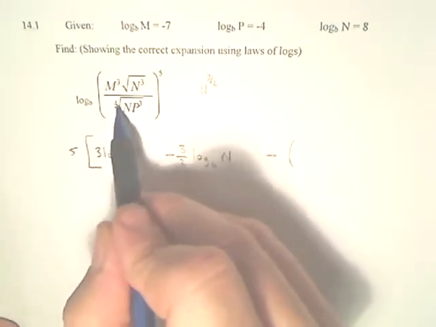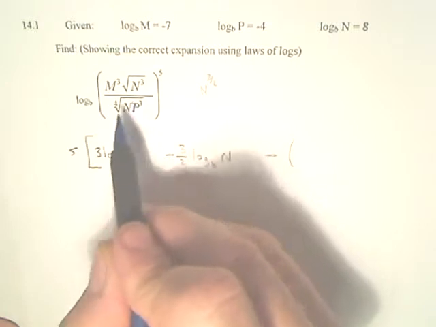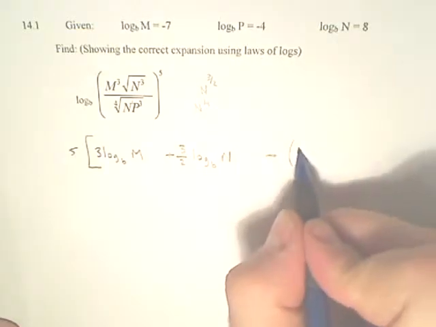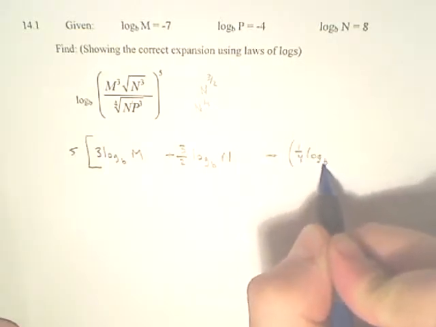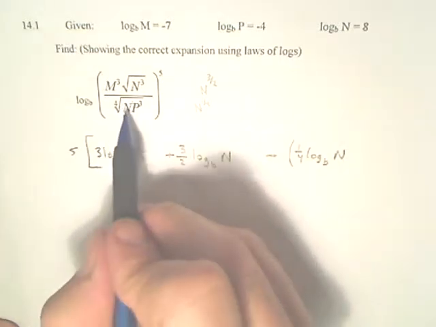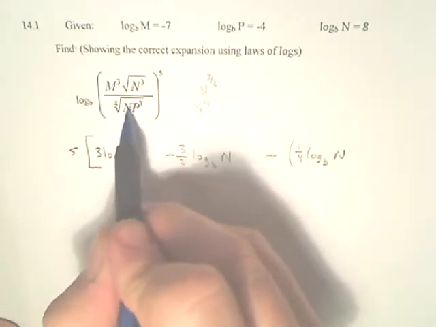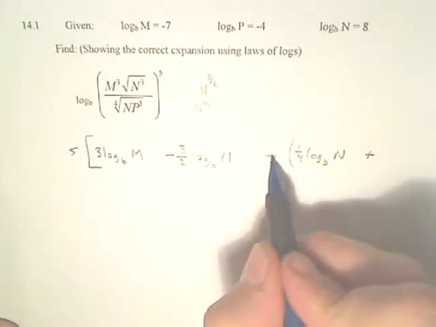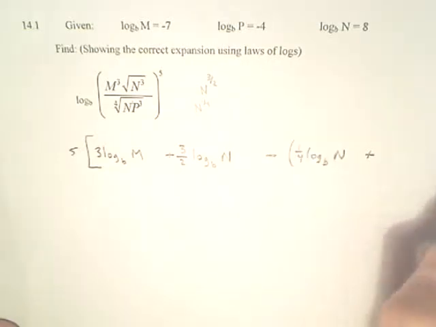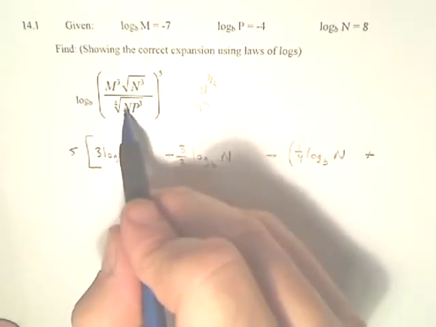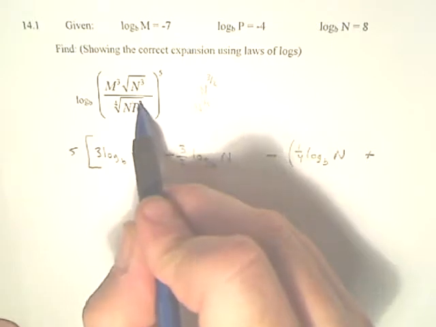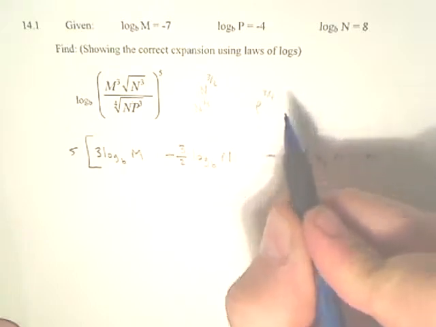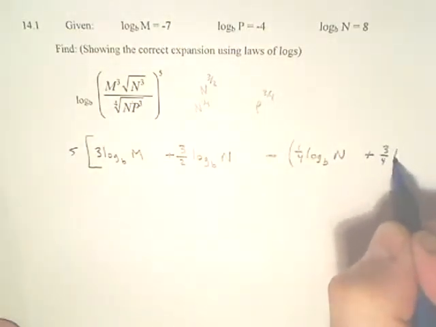Now we move to the denominator and our subtraction. This n, which has this radical symbol, has a 1 right here and a 4 here, so that's the same thing as n to the 1/4 power. So I'll put a 1/4 in front of the log bn statement. These two items are being multiplied together, the n and the p, so they get separated by plus. But these parentheses are needed because both end up being subtracted. So I use parentheses so I don't have to worry about it here. I use a plus here. This p, which has a cube and a 4th root, is like saying p to the 3/4 power. It's the 3/4 that I move to the front,